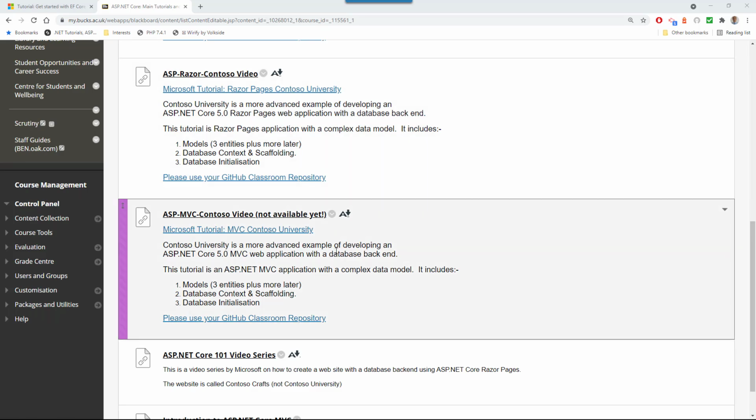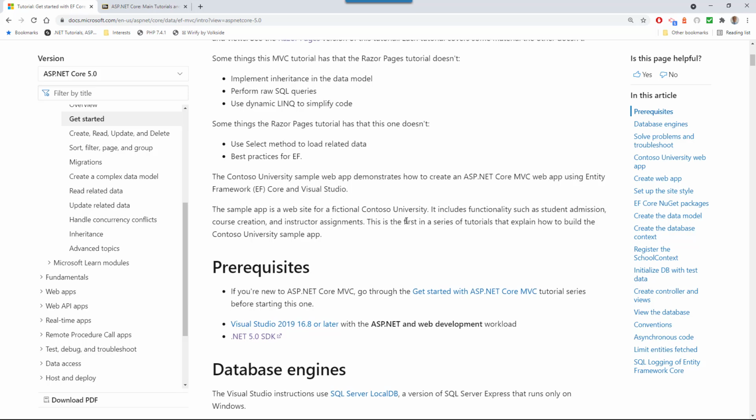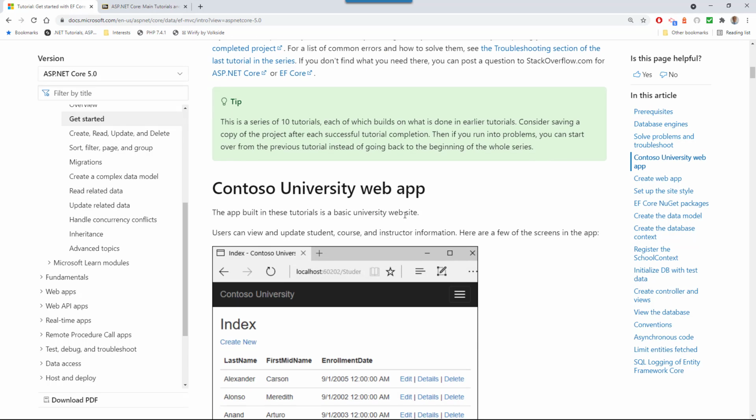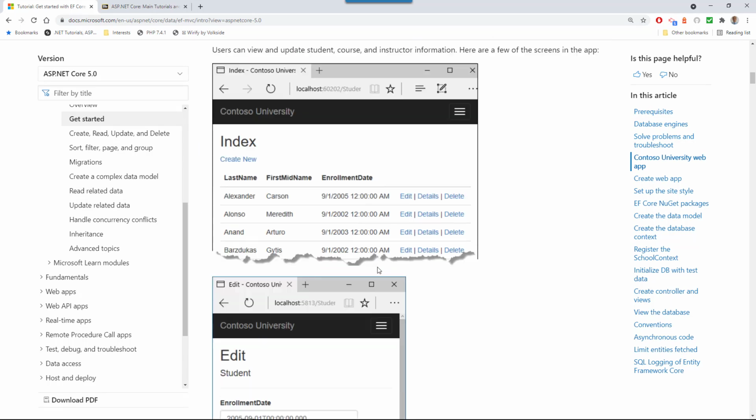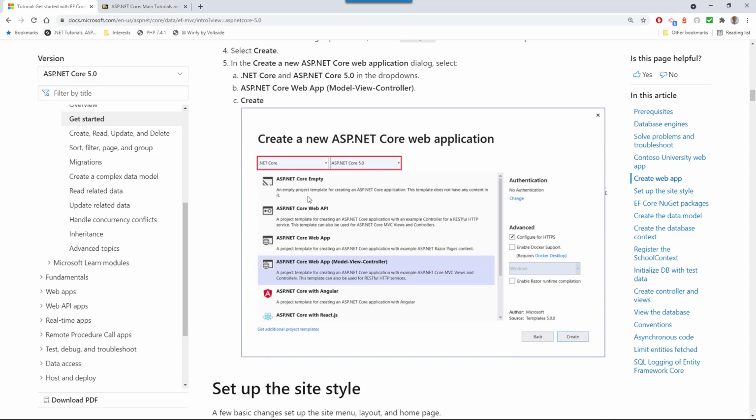Okay, so this is the final project we want to do. It's an ASP-MVC based on Contoso University. And I've clicked on that link to get me to the Microsoft tutorial. I'm in ASP.NET Core version 5, and you can see the tutorial looks much the same. We're doing Contoso University. We're expecting to be able to add and edit students, and we're going to create a